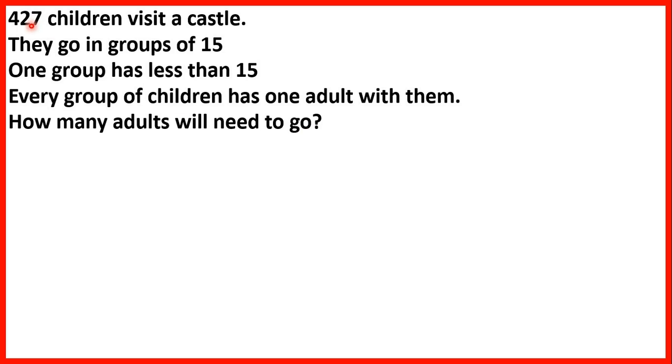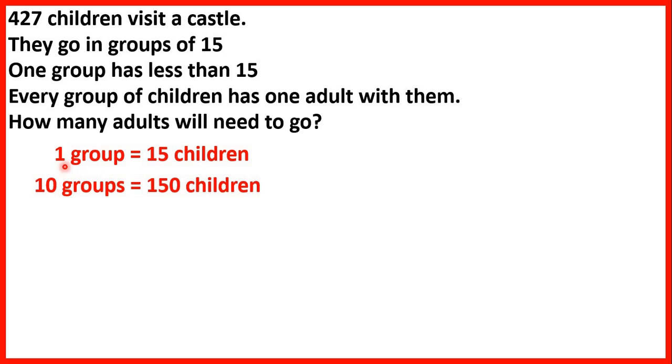So we need to divide 427 by 15. And the easiest way to do this is to count up in steps of 15 until we get to 427. So one group is 15 children, which means if we multiply both the number of groups and the children by 10, that 10 groups is